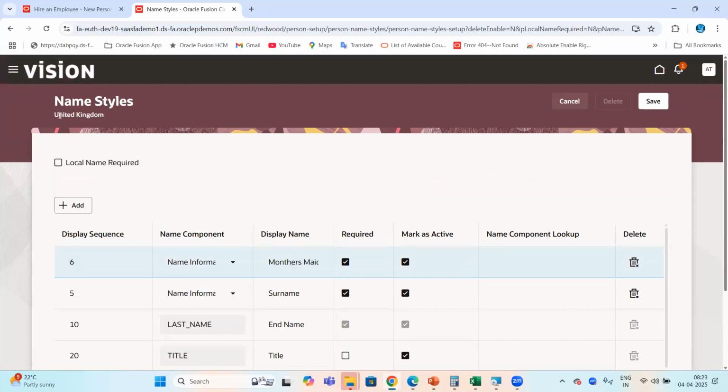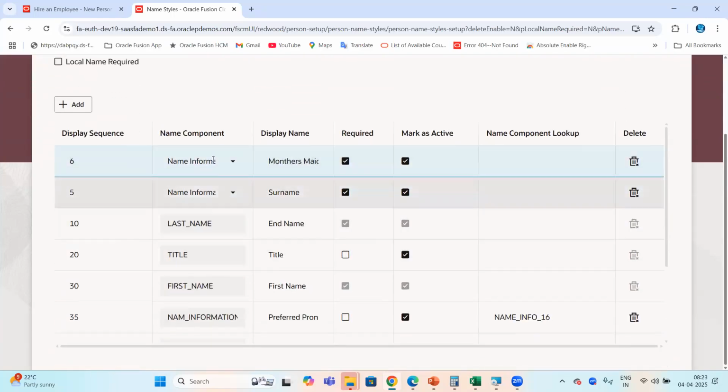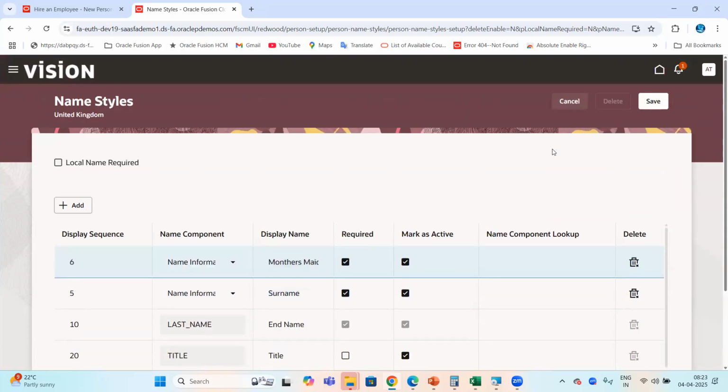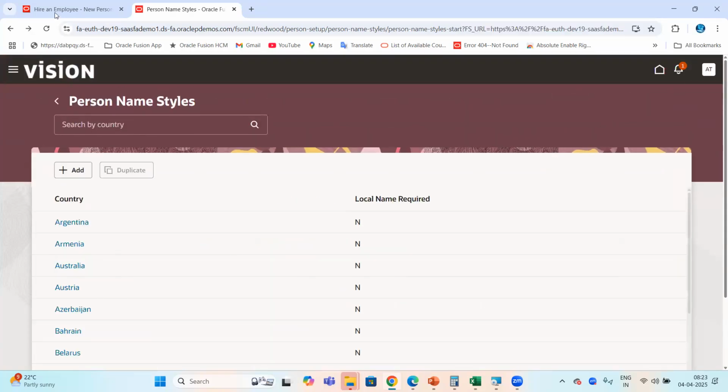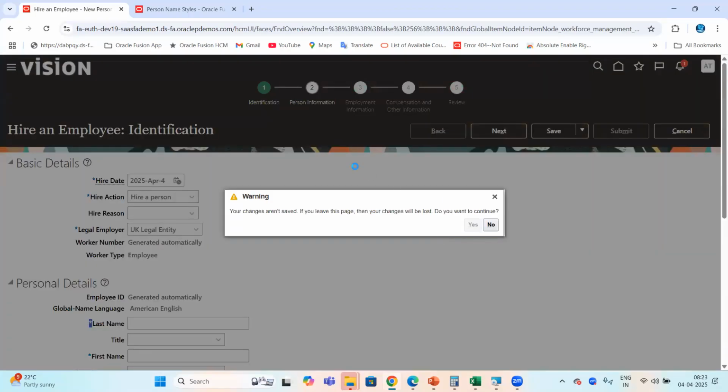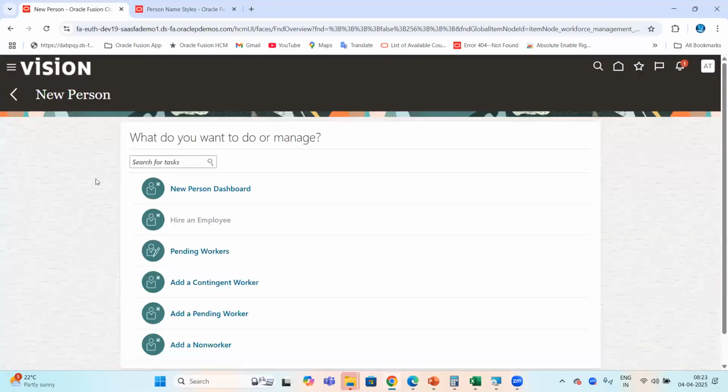Like this, you can come to the country. For that country, what attributes you want. Use the Oracle given name information components. For every country, 15 custom provisions Oracle will give, team. You can use that, create your attribute like this, team. Okay. Now click on save. Now let us try to perform the hiring transaction in one of the UK based company, team,